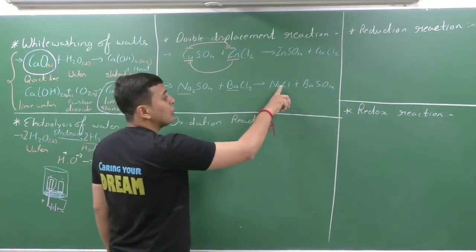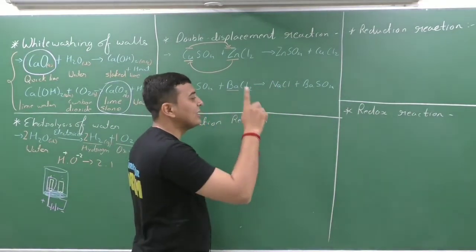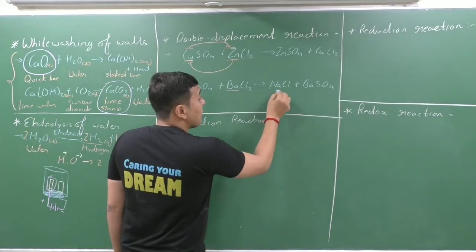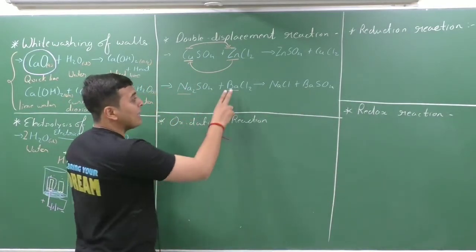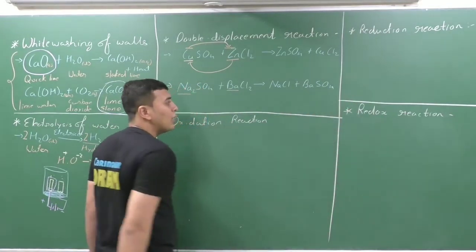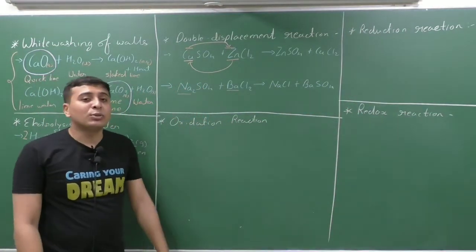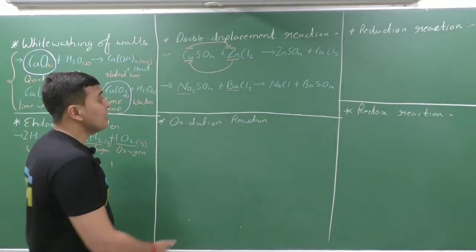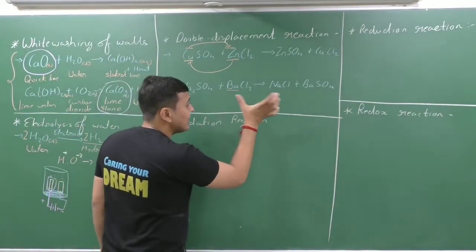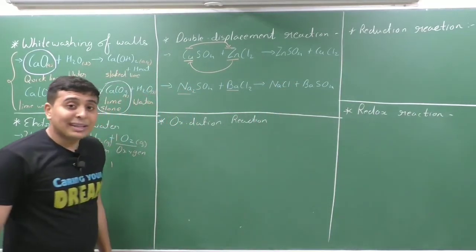Sodium has a valency of 1, chlorine has a valency of 1. So the compound is NaCl. Barium has a valency of 2, SO4 has a valency of 2, so it is a simple compound BaSO4. Hope you have seen the video on how to write a chemical formula. Now, it looks like the same type of reaction, but in the